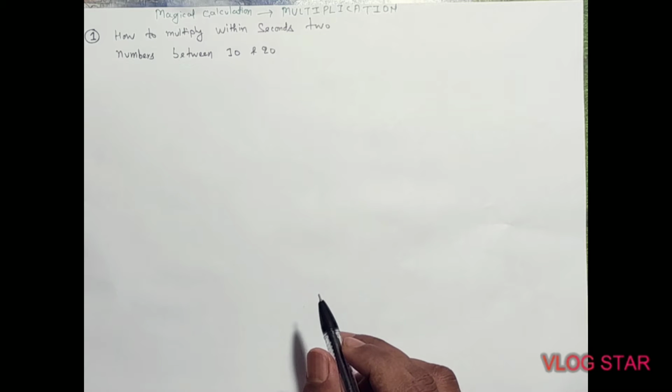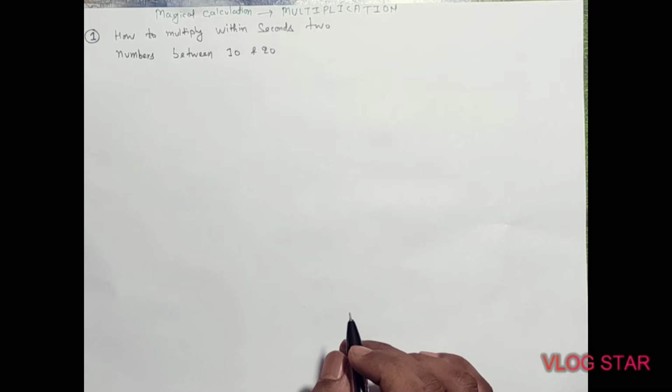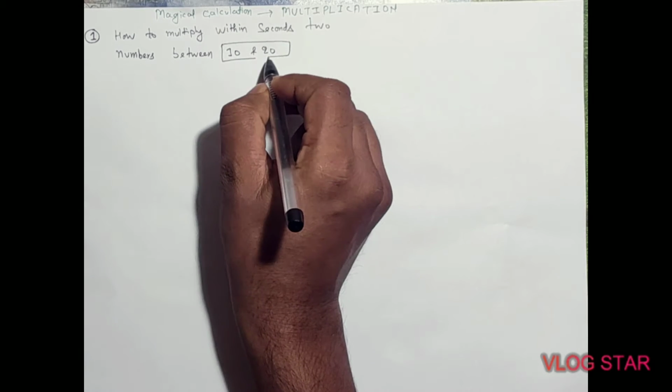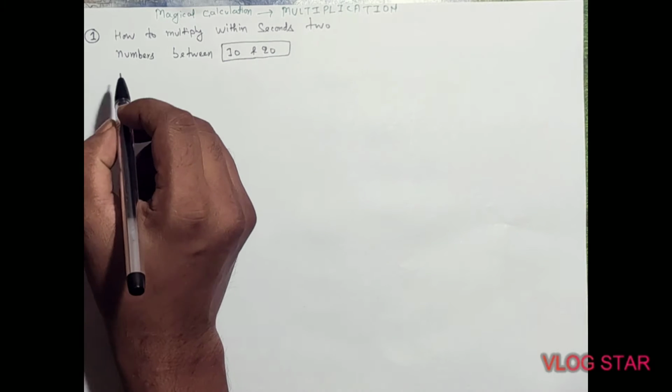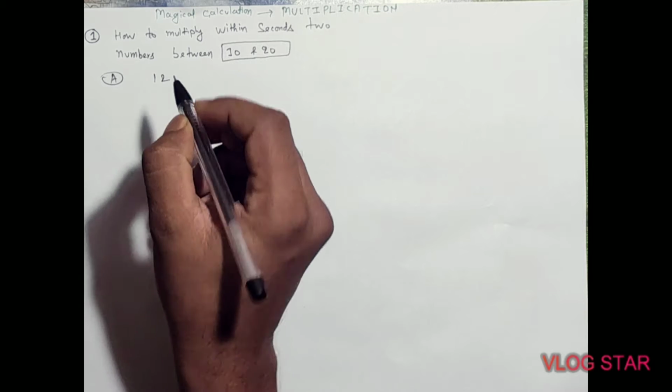Today we are going to learn about magical calculation, multiplication. How to multiply two numbers between 10 and 20 within seconds. Suppose we have two numbers: 12,